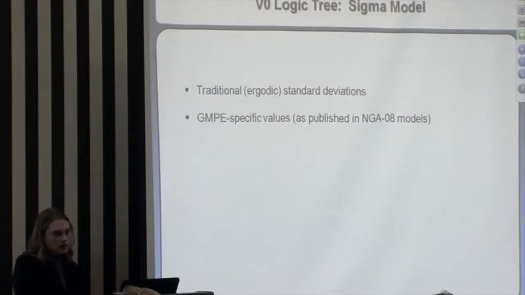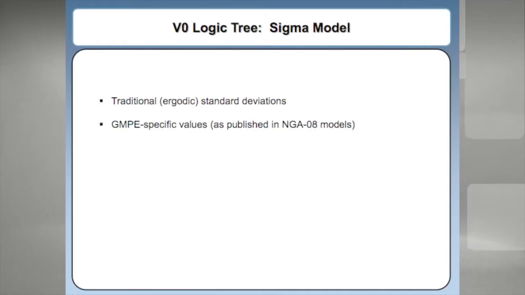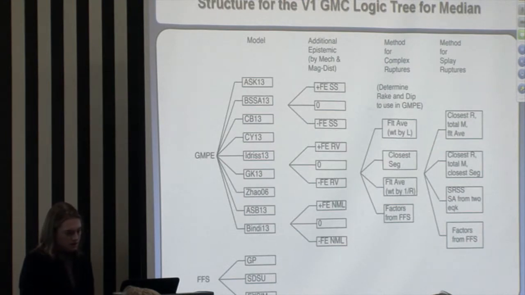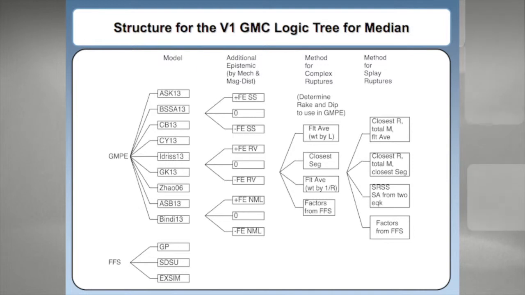I won't say much about the sigma model because in the version 0 model, we just used the ergodic approach for the standard deviations, and the GMPE specific values as published with the 2008 models were used, so not much to talk about there. Okay, this is the structure then for the version 1 ground motion logic tree for the